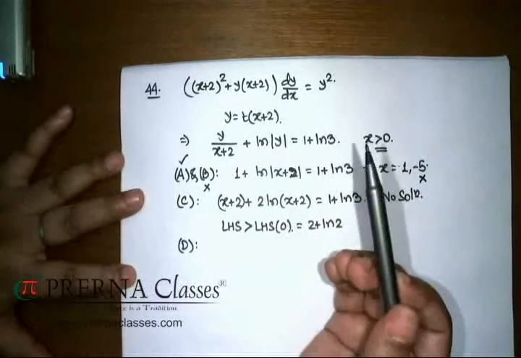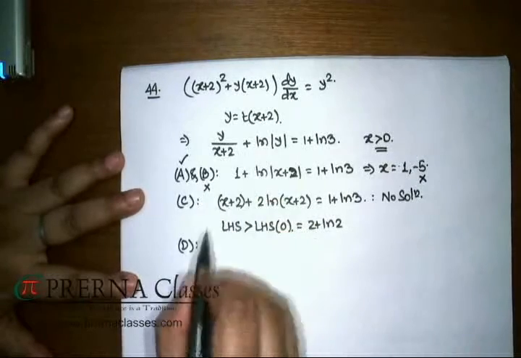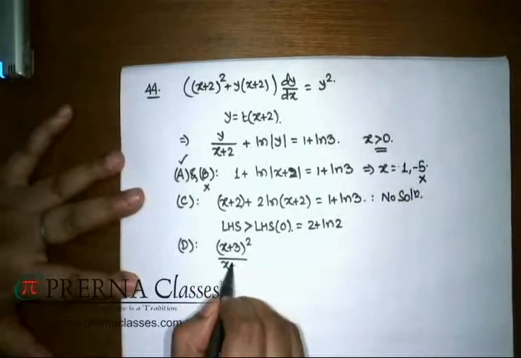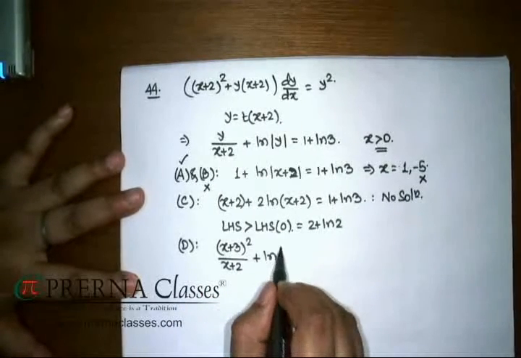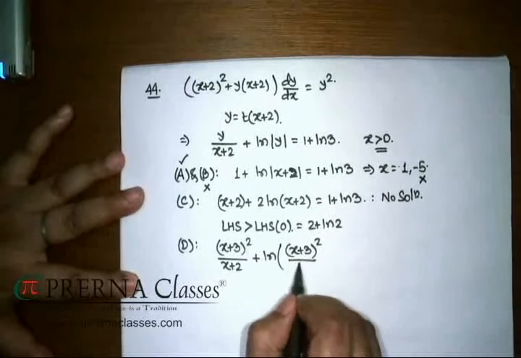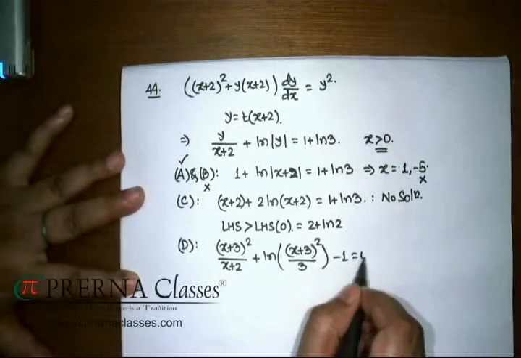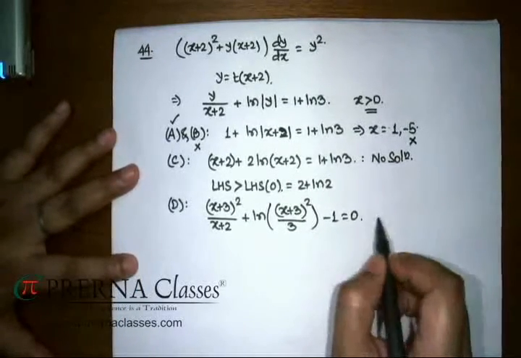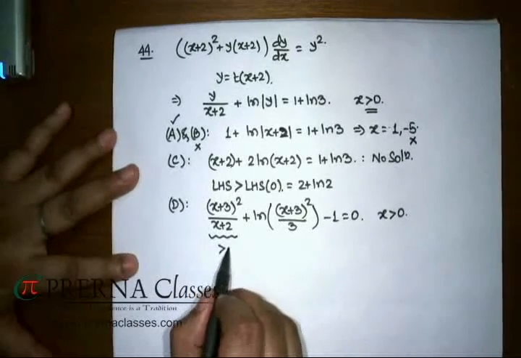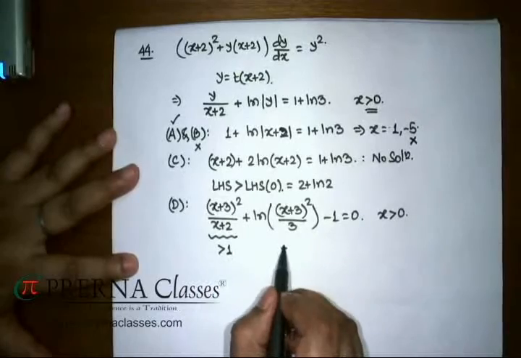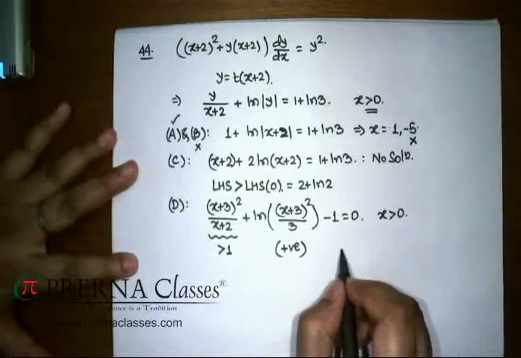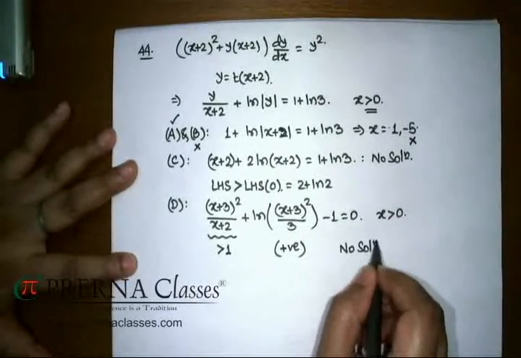In the last option, you have to solve this curve with y equal to (x plus 3) whole square. If I were to put x plus 3 whole square there, this is the kind of equation which you are going to be left with. Since it is given to you that x is positive, I can safely say that this expression is more than 1 and this quantity is a positive quantity. Clearly then this whole thing is never going to match with 1, so this equation has no solution.